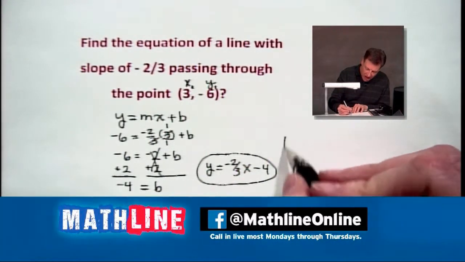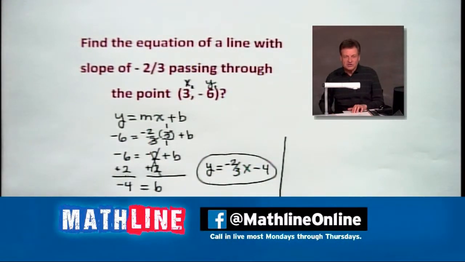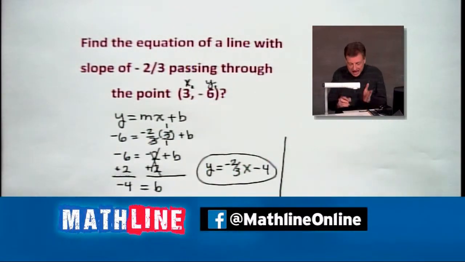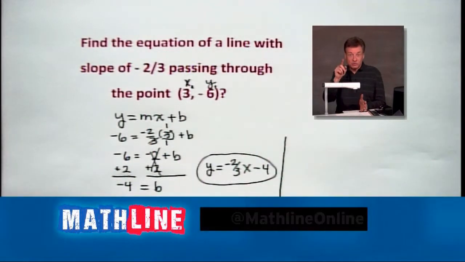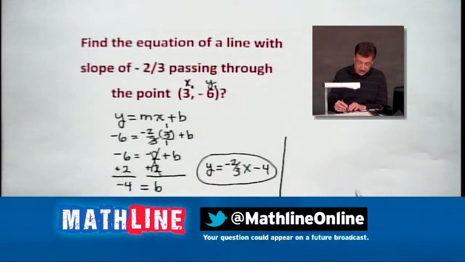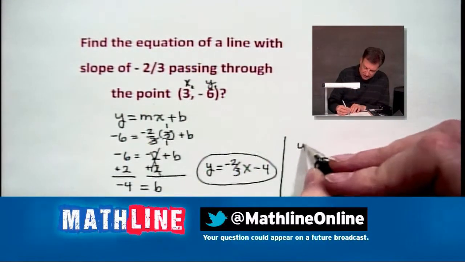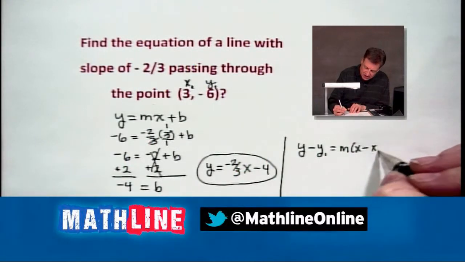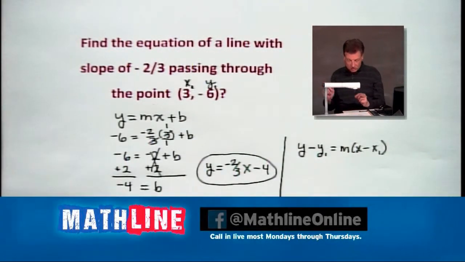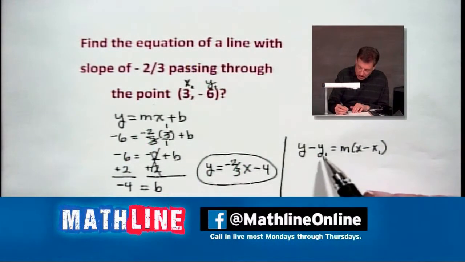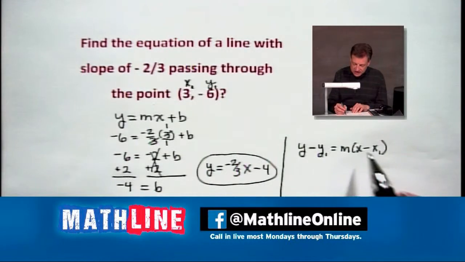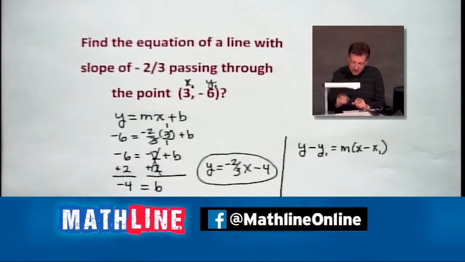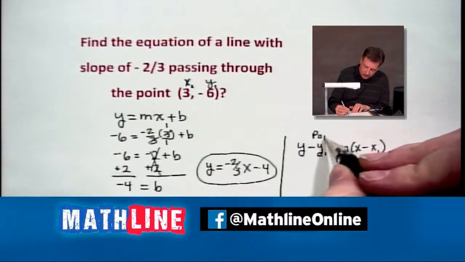Now, I'm going to show one more option. This is a method that some of our teachers use, and I use it in my Algebra 1 and Algebra 2 classes. It's called the point-slope formula. Now, I went straight from slope-intercept, and Juwan, we're still going to get to slope-intercept, which is what you were asking for. It's just an optional way. It says y minus y1 equals the slope times x minus x1, all right? We know the slope, we know the y1, and we know the x1. Don't worry about this x and y back here. That's going to just filter out nicely, like we had to remove it here. But now we've got to incorporate it. This is, by the way, called point-slope